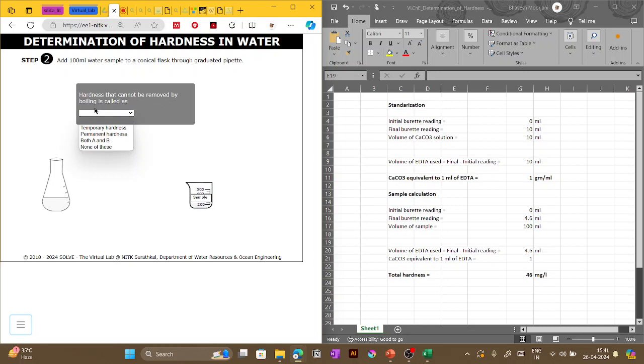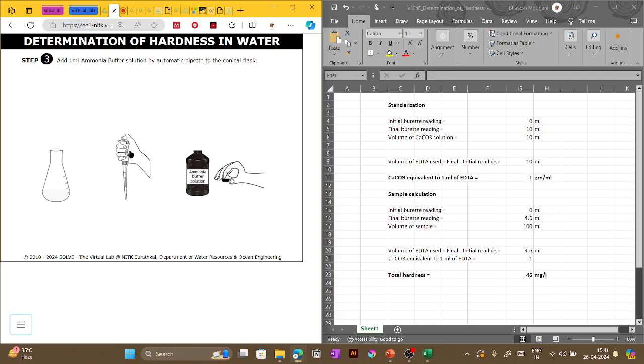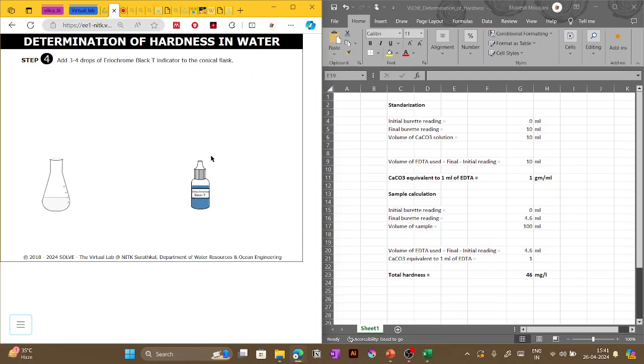Hardness that cannot be removed by boiling is permanent hardness. Do next. Buffer solution ammonia નું એડ કરીશું હવે સિસ્ટમમાં. Now indicator,